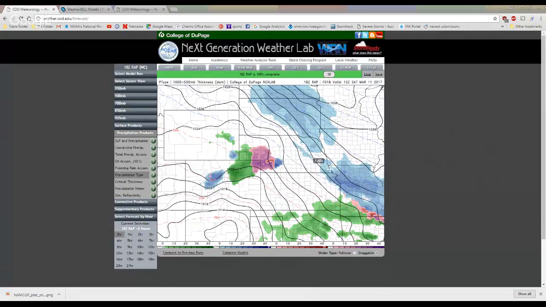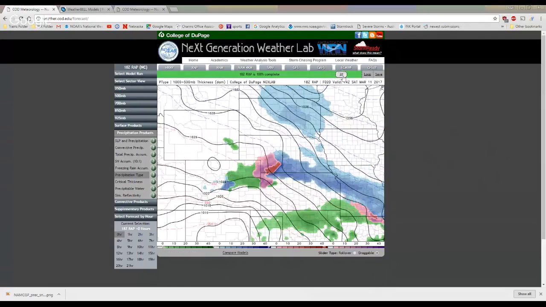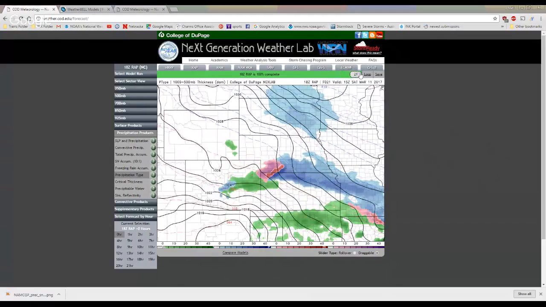Cass, Otoe, Johnson, Nemaha, Richardson, and Pawnee counties some snowfall at about 6 a.m. tomorrow. And then as we go forward, snow finally starts to overcome that dry air and starts closing in. But by that time, it's pretty much too late for the people around I-80. There won't be much.